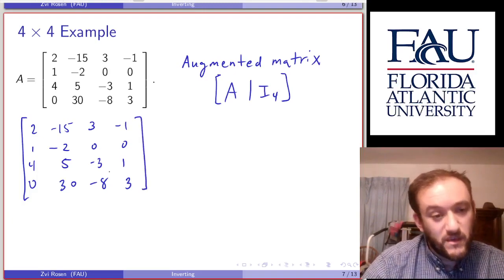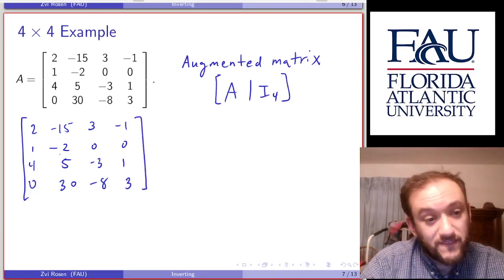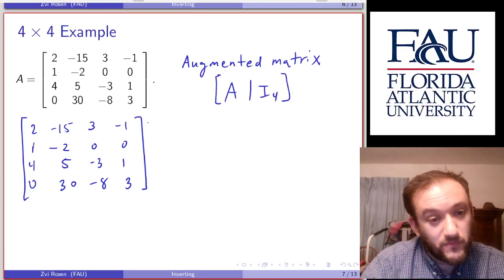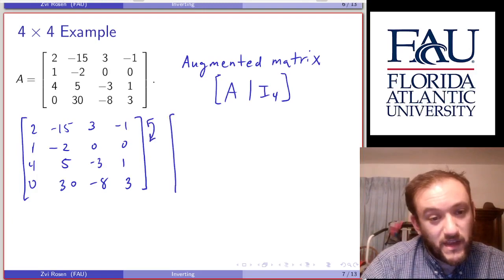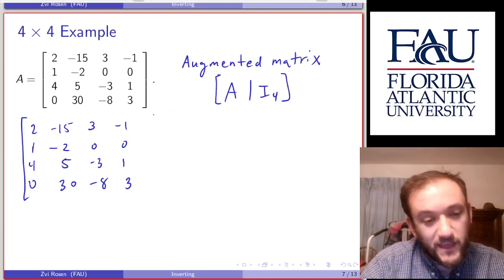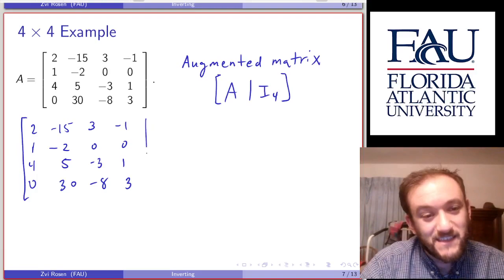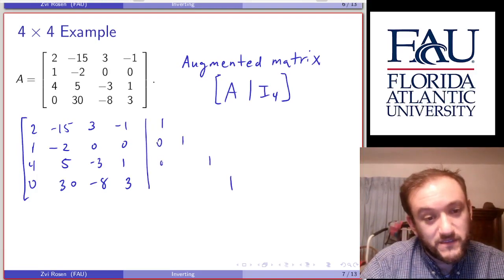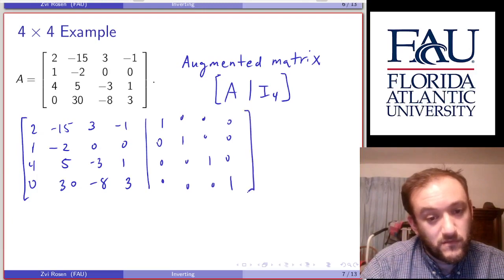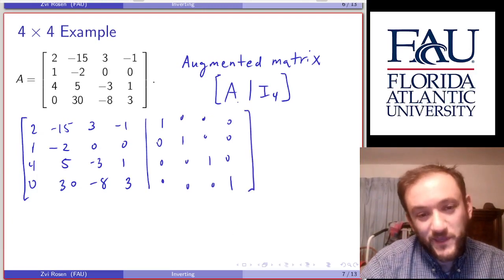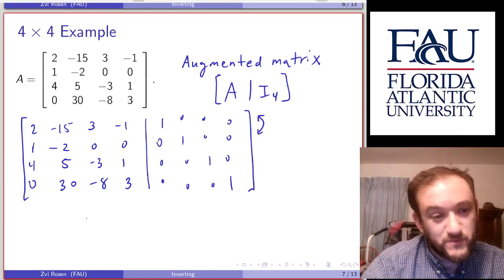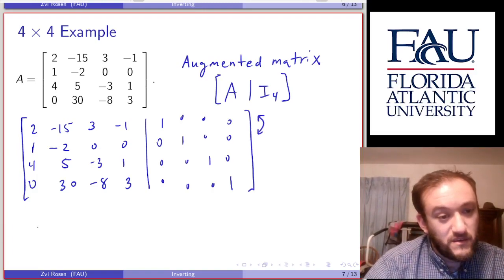Okay. So the first thing I want to do is get this 1 on top. What I get, oh wait, the augmented matrix has the identity matrix here. So it's 1, 1, 1, 1, and then zeros everywhere else. Okay, now we can switch rows. So we'll start by switching these two rows, and we get